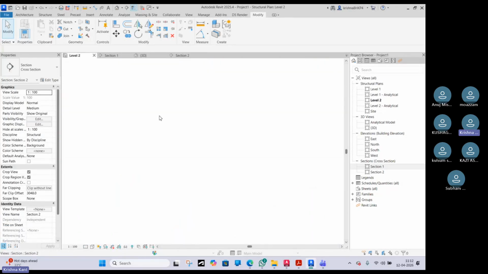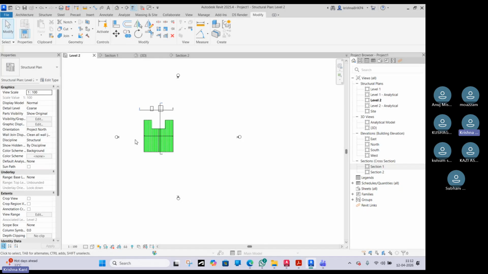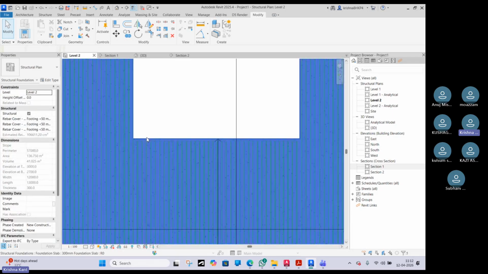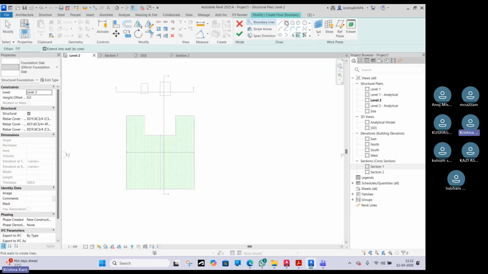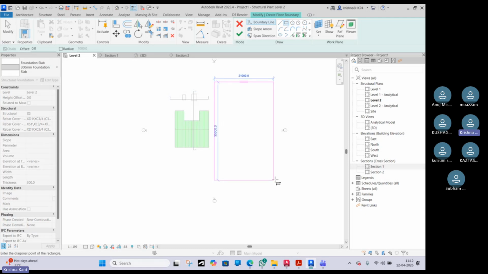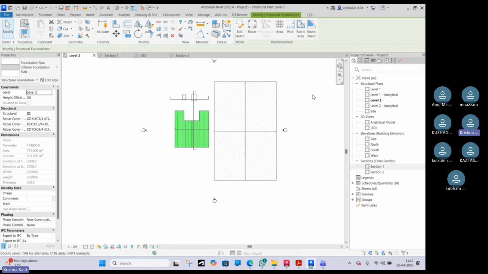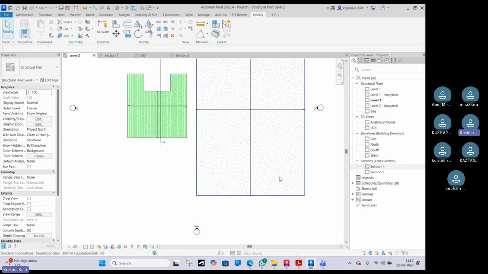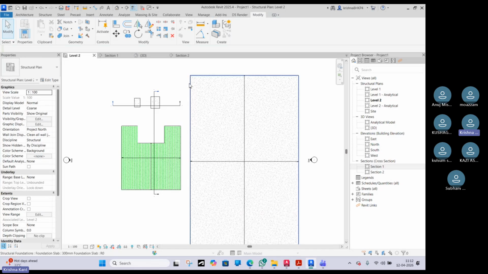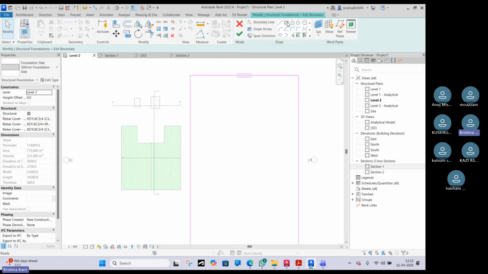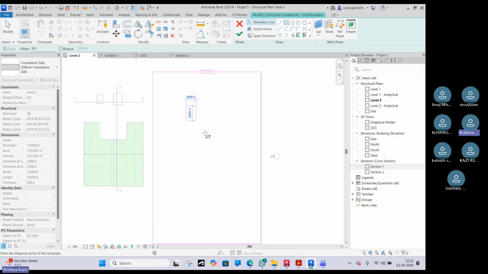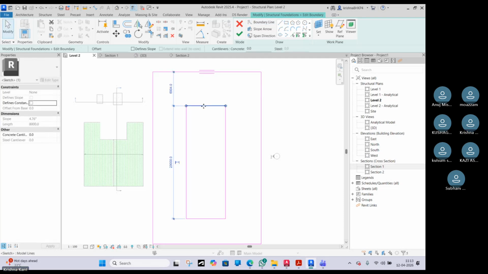Certain time you will find the raft footing is having certain bore well, or certain area, like any type of raft footing, because this is not mandatory that the raft footing will be like this. You will see a lot of raft footing in this manner also, because while doing the raft footing, mat footing, wastage of concrete is also happening sometime. Okay, suppose in the raft footing the columns are coming on the very much corner. So certain time what engineers will do, they will eliminate some of the area from the footing so that there will be less concrete, and obviously they will do cost cutting certain time. Okay,